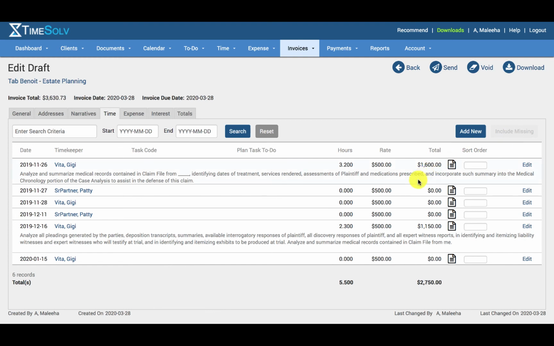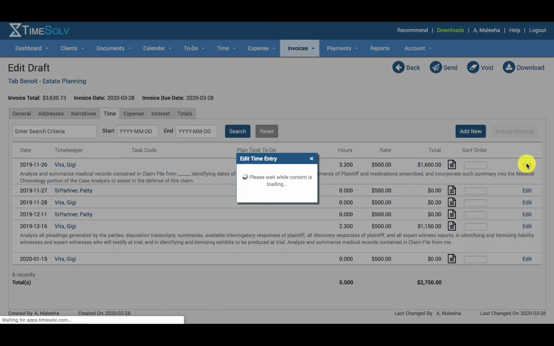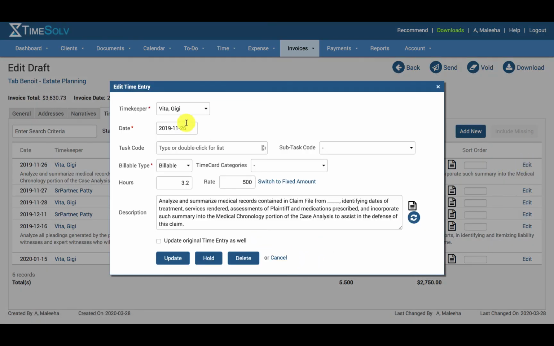When editing a time entry, clicking on update will only update the draft invoice. It will not update original time entries unless update original time entry as well is enabled. So let's click on edit, and here we go. We have all the details pulled up. We can make the edits we need,